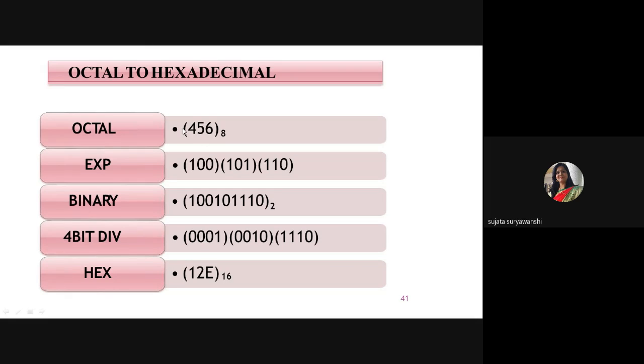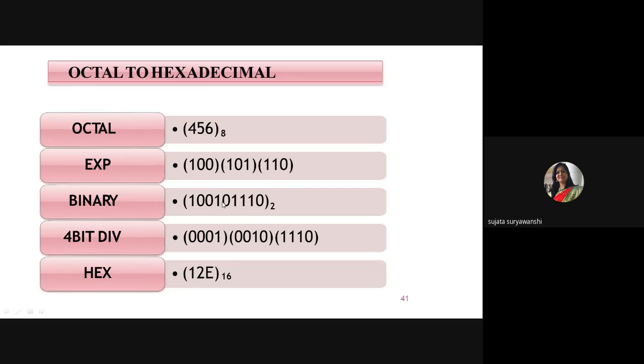Okay, then the next one is, suppose the given number is an octal number. Okay, so the octal number is what? 456 is the octal number. You simply have to first write down a 3-bit binary number for each digit. So you can use brackets also, or you simply don't use brackets, and then that number will be a binary number. Okay, so simply here 4 can be represented by 100, 5 can be represented by 101, and 6 can be represented by 110. So after that, just eliminate all the brackets and then write down your binary number,